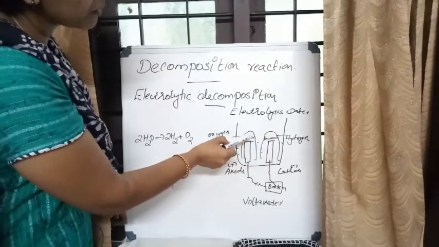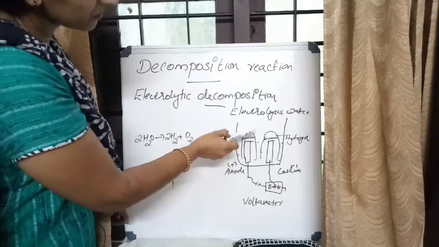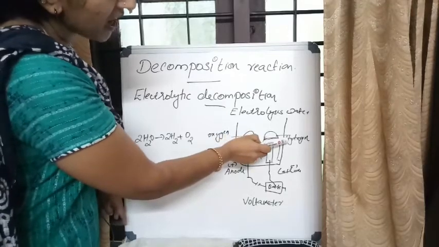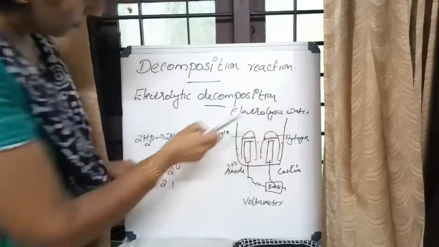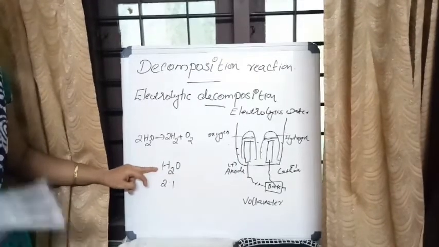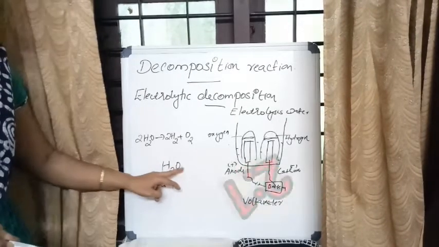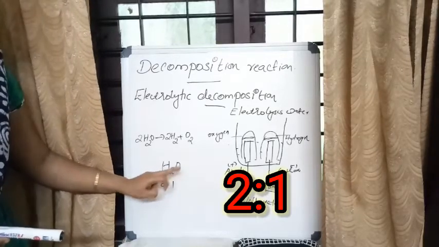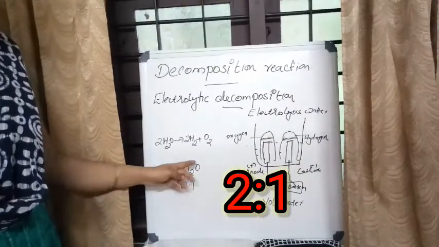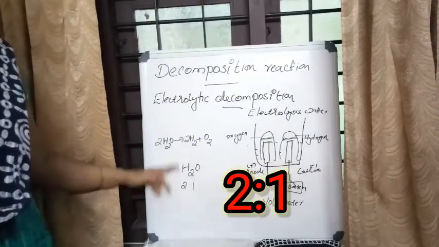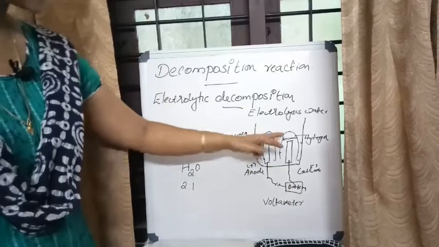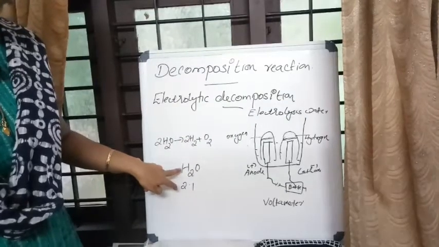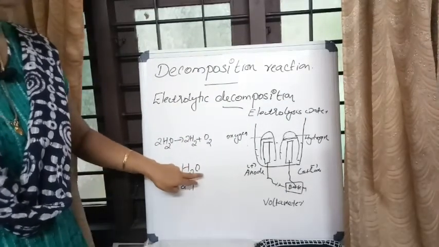If the gap is less, only a small amount of gas is formed here, right? So you can see the more gap here. That gas is hydrogen. That's why, when we closely examine the molecular formula of water, H2O, the ratio of hydrogen and oxygen in water is 2:1. That's why during the electrolysis of water there is formation of more hydrogen gas than oxygen, because in the molecular formula of water, there are 2 hydrogen and only 1 oxygen.